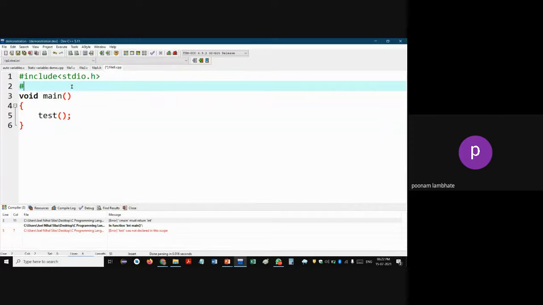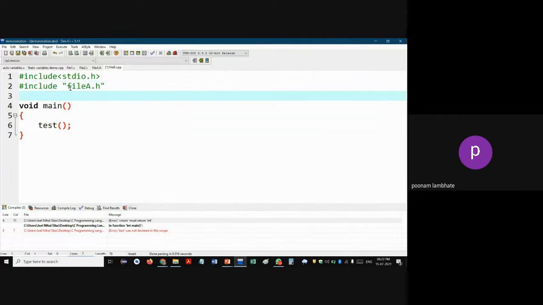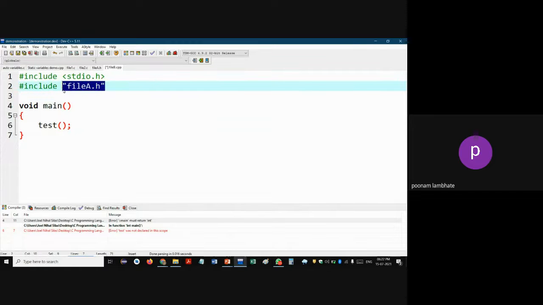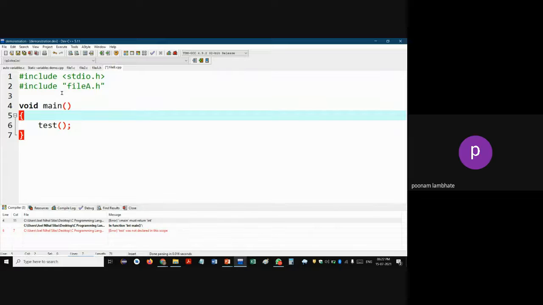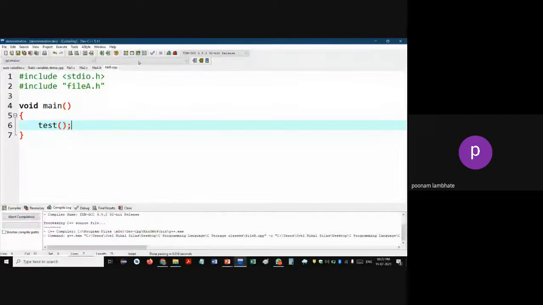So now what I'll do, I have to write #include within the double quotes, like how you define strings. You must write "file a.h". You cannot give angular brackets here, like how you give angular brackets for stdio.h. You cannot do that for user defined header files. User defined header files you can include only within the double quotes, as a string. Now if I run,